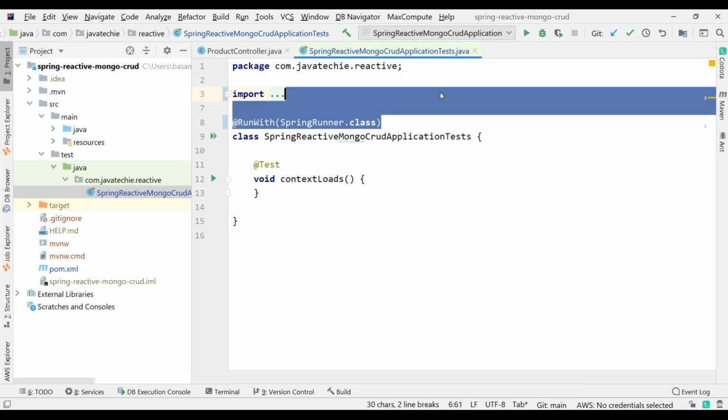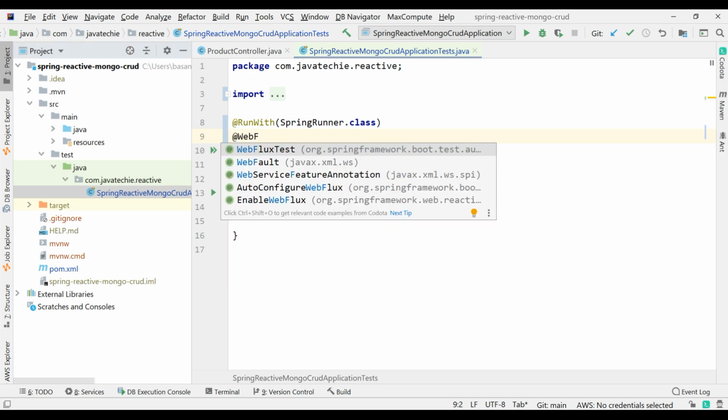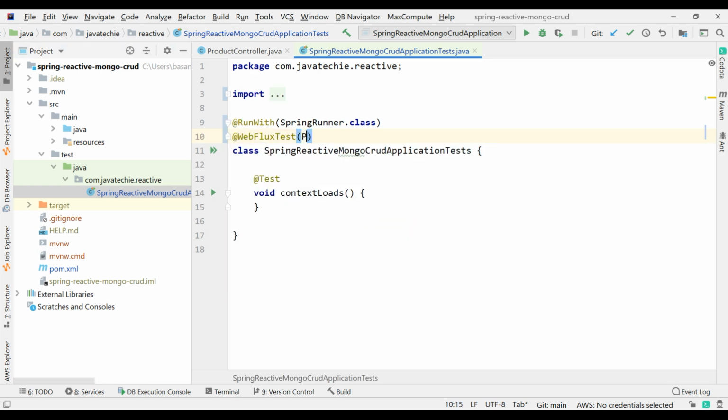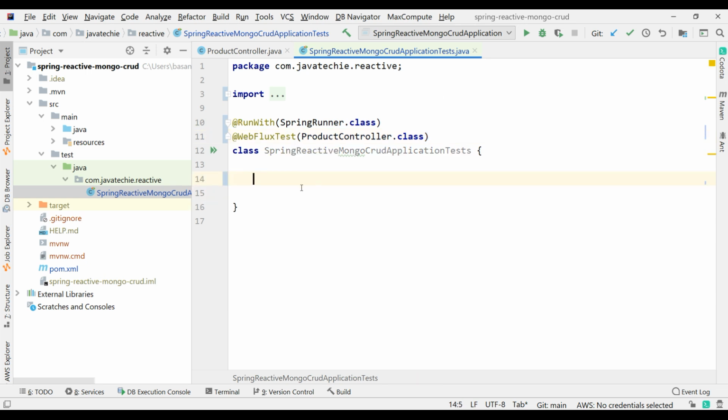Fine. Then next, annotate @WebFluxTest and give the controller class name. Our controller class name is ProductController.class. Now here we need to inject our WebTestClient to call the HTTP methods, and also we need to inject our service class to mock that layer. Because we are not going to hit our actual database, that's the reason I want to mock my service layer. So just inject the WebTestClient,